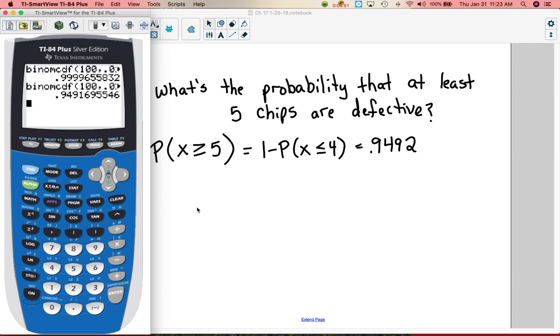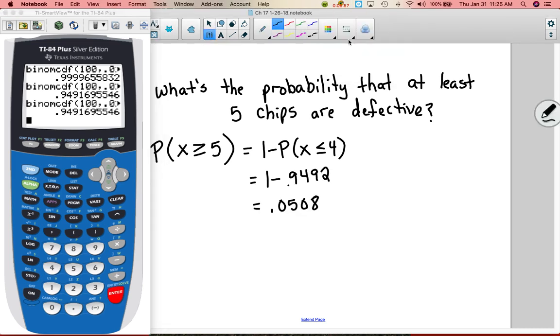Oh wait, I think I did not subtract that. So hold on just a second. Let me verify this. Okay, so I had forgotten to subtract from 1. So the binomial CDF, when we fill that in for the probability that x is less than or equal to 4, we get 0.9492. Subtracting that from 1 gives us